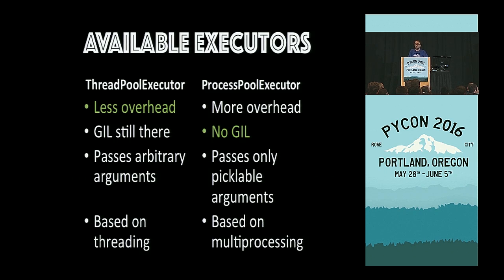But as I said, the GIL is a thing. So if there is a CPU-intensive computation that you're doing, I would recommend you use the process pool executor instead. So asyncio provides both, right? Thread pools are easier. Process pools are more robust, but you pay the price for pickling and unpickling arguments to your process pool. So these are basically the good and bad sides of using either.